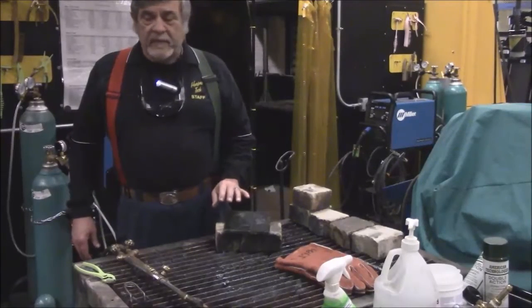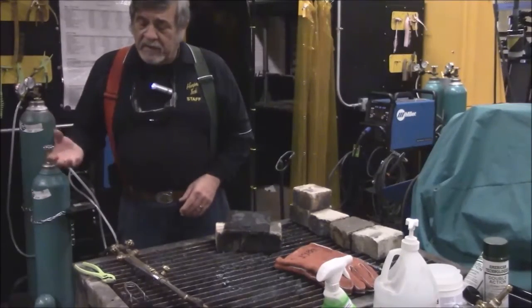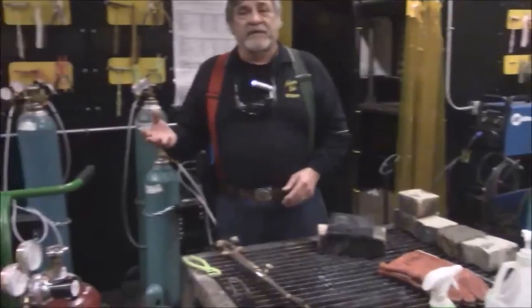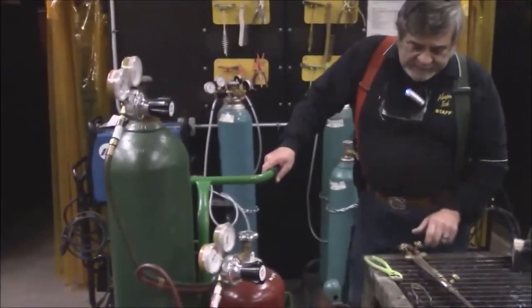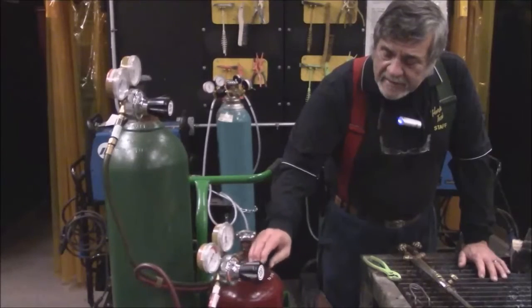Now, let me make sure I got everything. We're going to shut down. From shutting down, we're going to bleed this to where it drains the lines dry and we don't have a problem with it. So the first thing that we're going to do is bleed the acetylene. We'll turn that on. Then you're going to turn off the acetylene cylinder